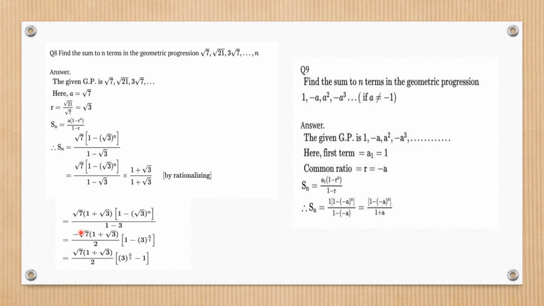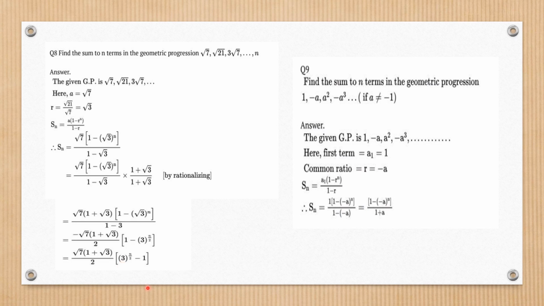Okay, so I'll just retain it as it is, making it 3 raised to power n by 2 by taking the square root outside. And this negative sign which we have from the denominator is the reason why we take the formula R raised to power n minus 1 upon R minus 1. From here you will understand better, because you find a negative sign in the denominator, and for adjustment we can just flip it, taking this negative sign common. So it becomes R raised to power n minus 1 upon R minus 1 type. Okay, so this is your required answer.